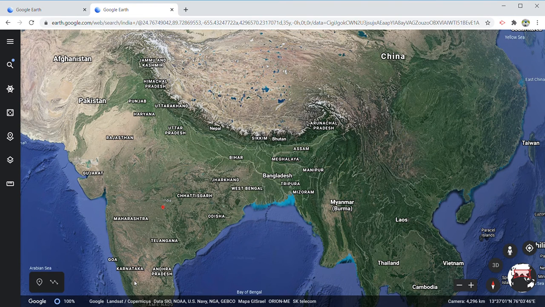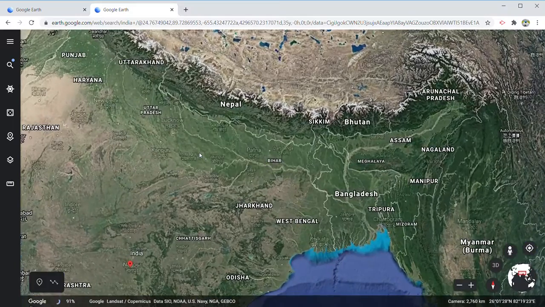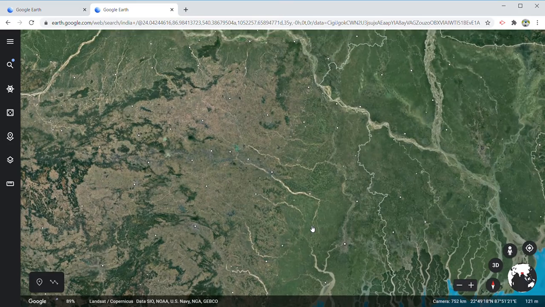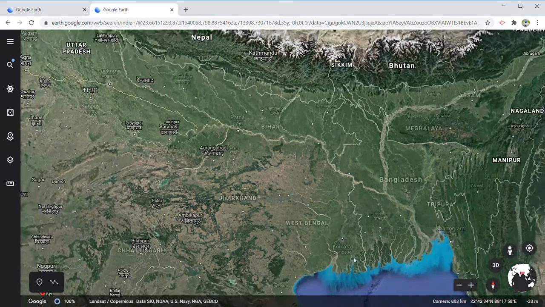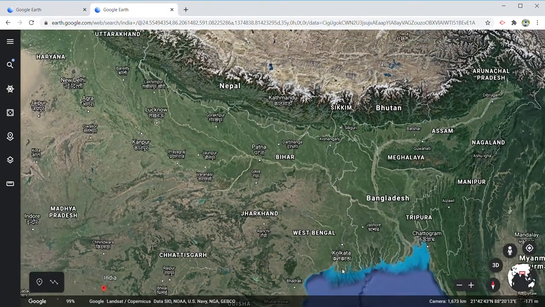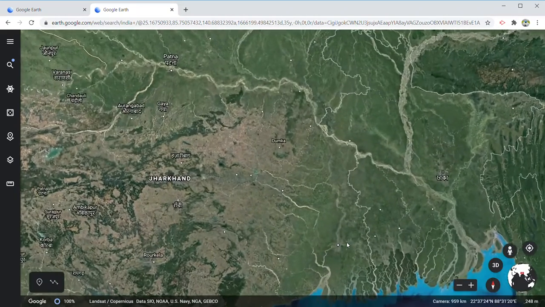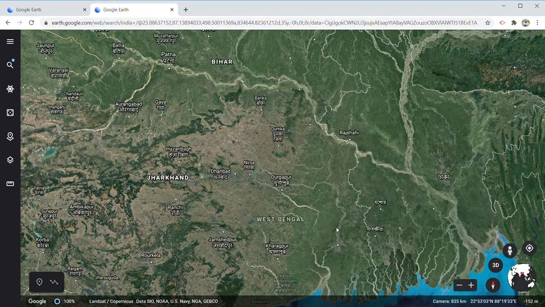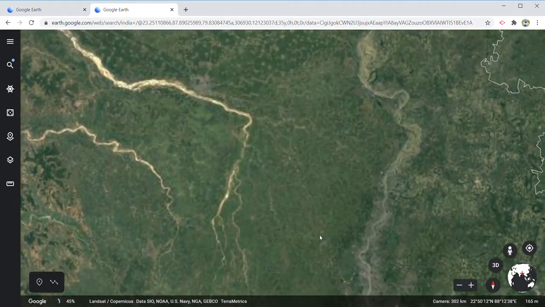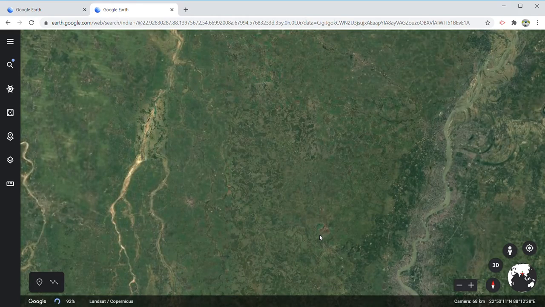Okay, so what is area sown more than once? In net sown area, there are some fields where agriculture is done more than once. I'll take you to West Bengal for this. The land of West Bengal is agriculturally so important as it is near the delta. You can see here, this is the Ganga Brahmaputra delta. So in West Bengal, the land has been used more than once in a year. That is called gross sown area. Okay, so gross sown area in a state like West Bengal is very high.